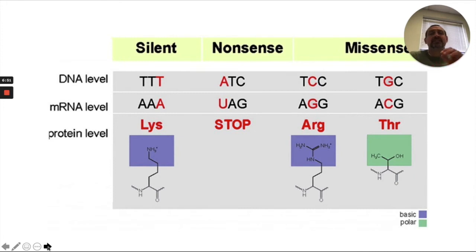Silent mutations are when we have this substitution mutation, but the result is the same amino acid. So there's no problems with making and building that proper protein. A nonsense mutation is a mutation where we get a different amino acid, and as a result, the protein doesn't fold or form correctly. Missense mutations are typically frame shift mutations, where after that mutation, everything after it is messed